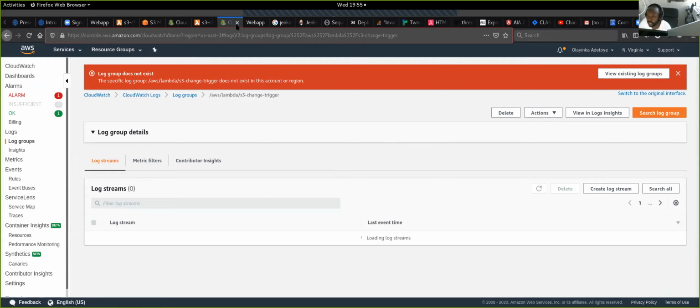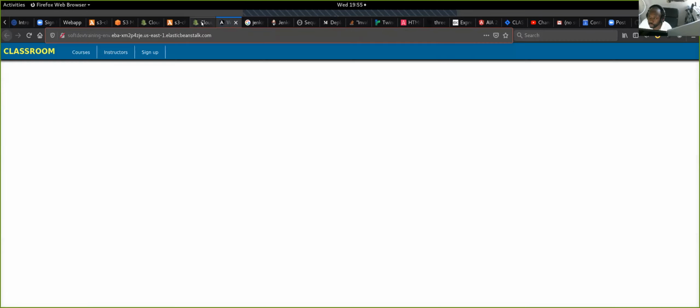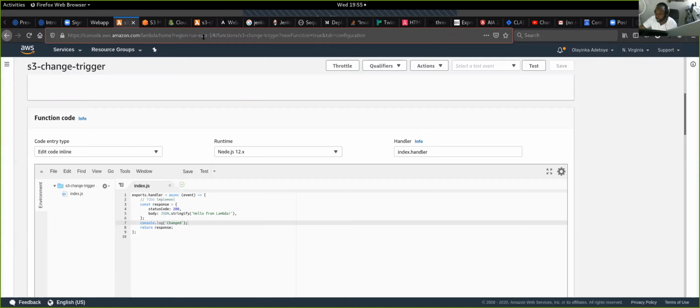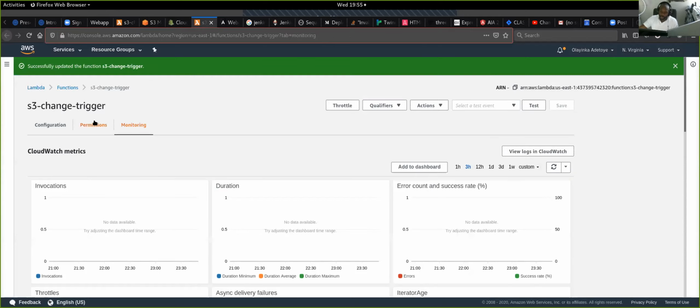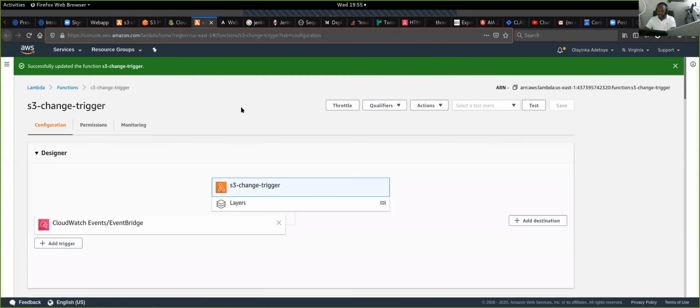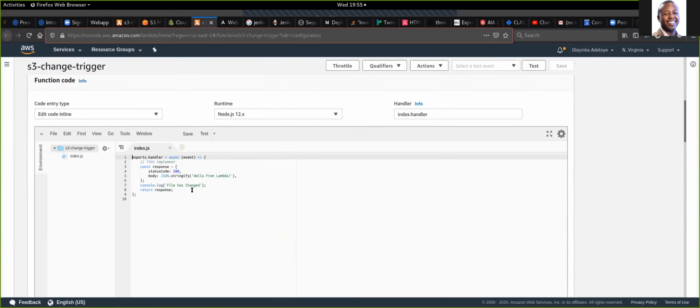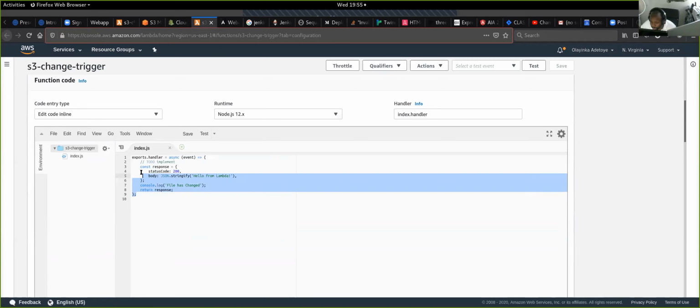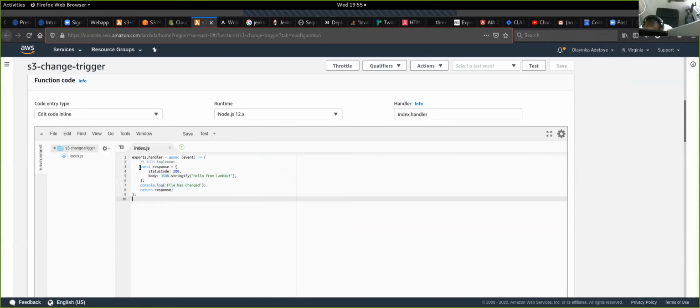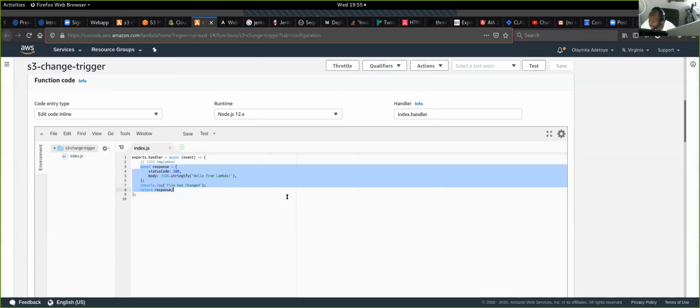Right. Yeah, so we'll have to come back. I mean, we'll pick this up because there's some more things. We're going to do a lot more things with AWS Lambda. But this primer, I hope this helps you understand what Lambda functions are. Your Lambda function code can be as simple as this, and it can be as complex as a whole